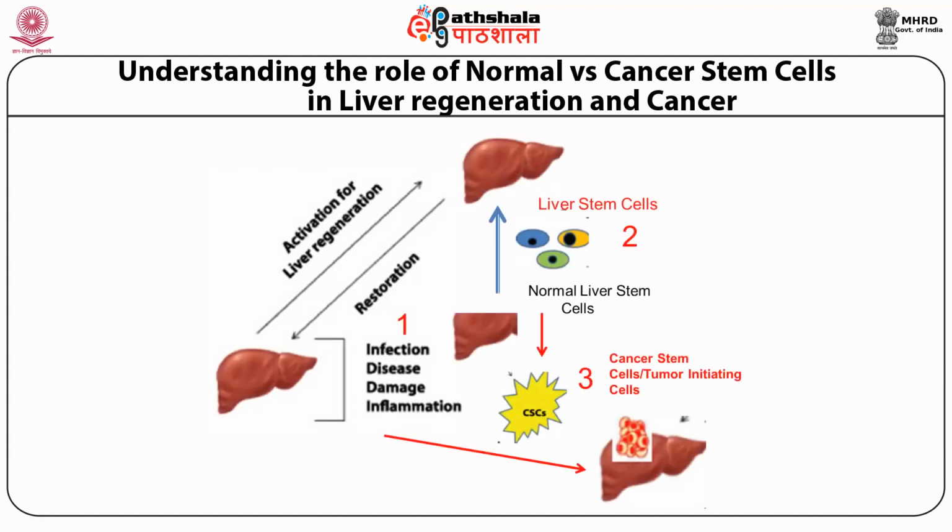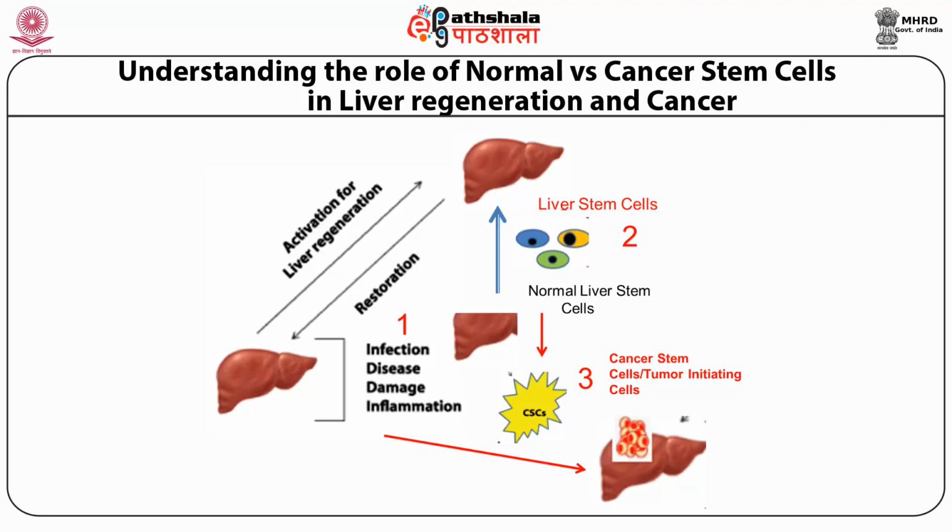Let us understand the role of normal and cancer stem cells in the context of the normal regenerative process as well as the cancer. The example that has been picked here is from the process of liver regeneration and also how hepatocellular carcinogenesis is driven. Following insult of the liver by viral infection, drug, or alcohol-related injuries, the bulk of the hepatocytes get damaged, but the few remaining hepatocytes then divide and the process of liver regeneration occurs.